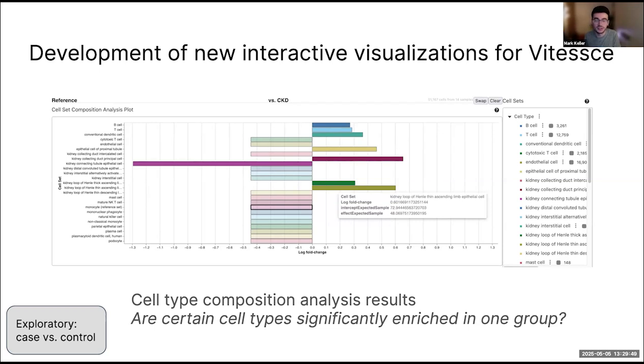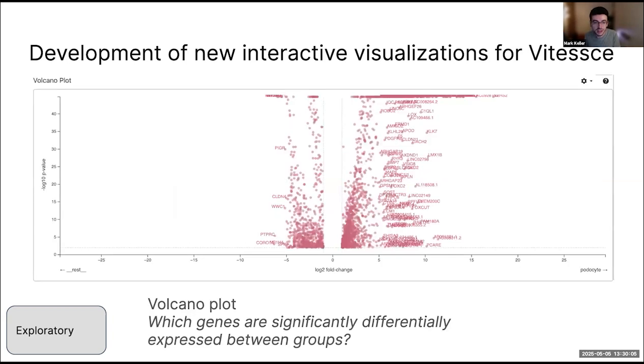The direction of the bars matters: on the left are cell types that are enriched in the reference, and the bars going to the right are more enriched in this chronic kidney disease group. And here we developed this interactive volcano plot